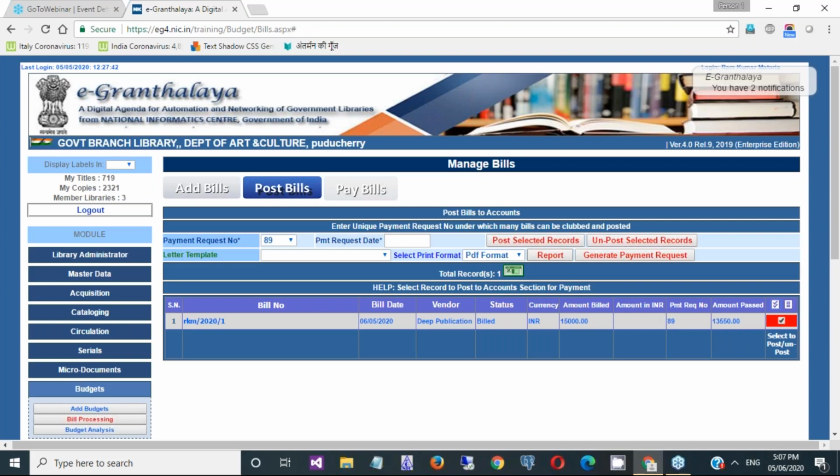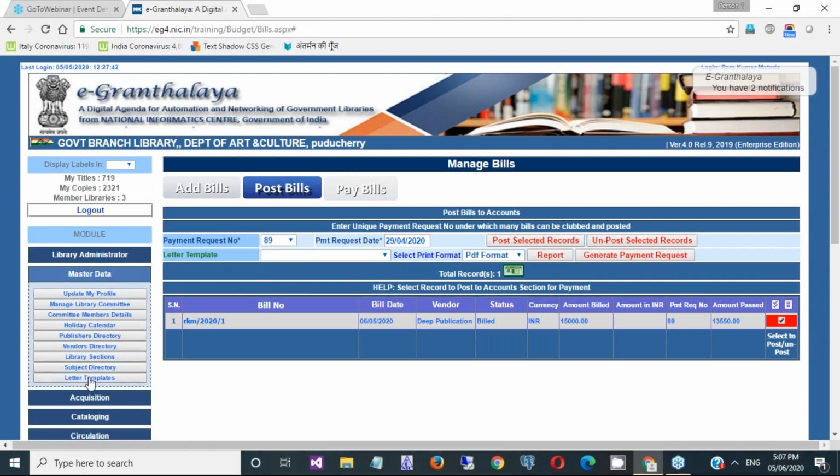Now select the bill and the payment date, the date you are posting the bill to the account section. Here also in a government organization we need to submit all the bills to the account section with a covering note. That covering note, the language you can create under master data again in letter template, whatever you want to write.